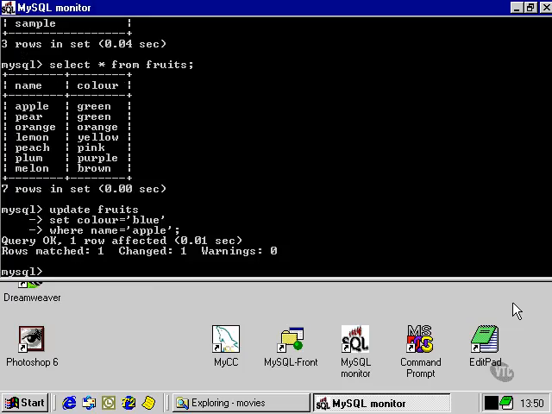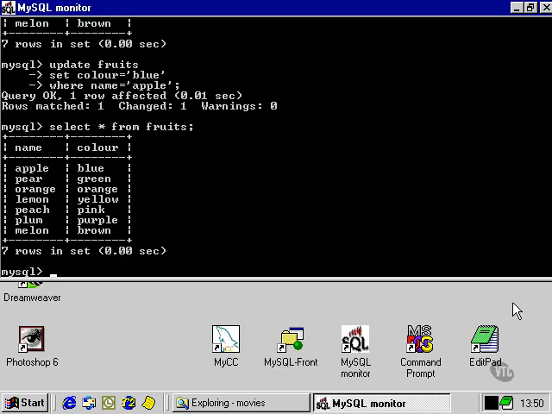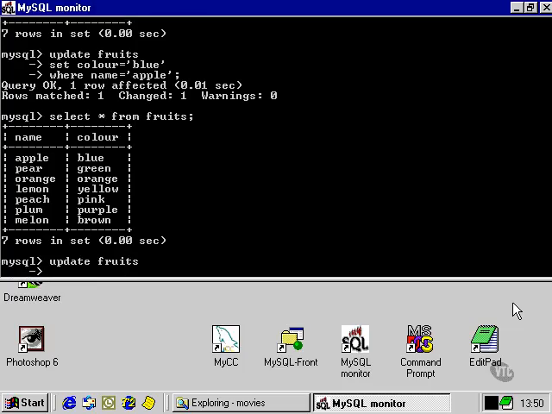The query went through, so let's use our select statement to view the data again. As we can see, the apple's color has been changed from green to blue. Now, we can also use the update statement in a similar way,